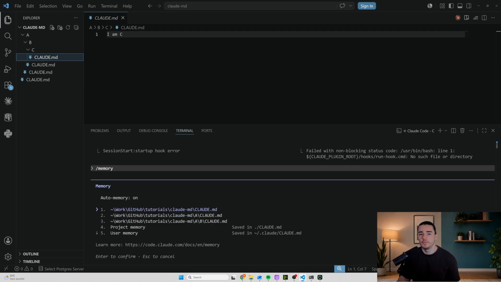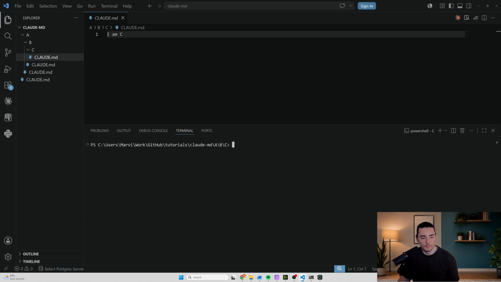But it is important to be careful here because the list here does not show the order in which they are loaded, because the first file that is loaded depends on the working directory. So if I type in Claude here, then it will first of all discover the CLAUDE.md file from my user directory. Then it will discover the CLAUDE.md file from the project, then from the subfolder A, B, and then C,